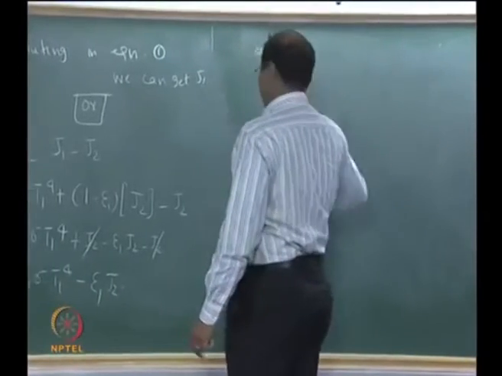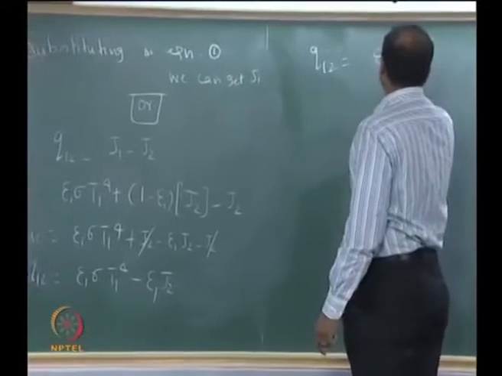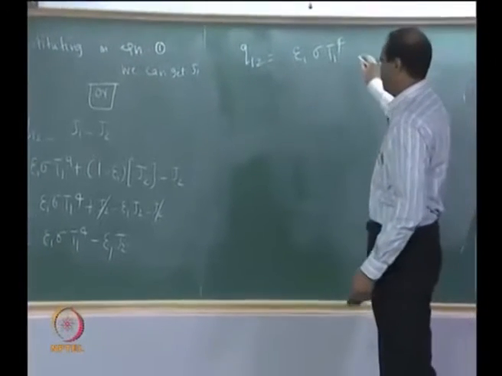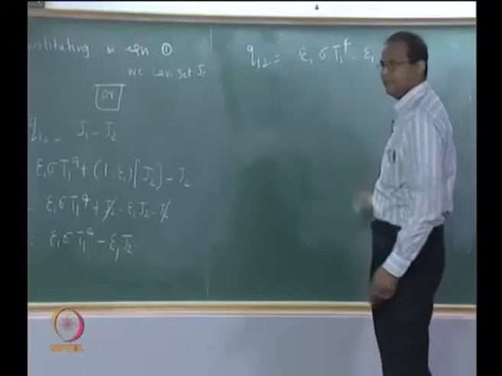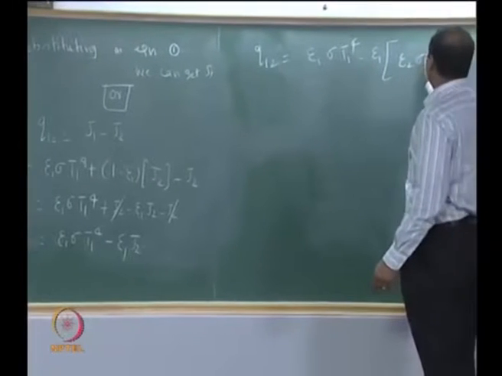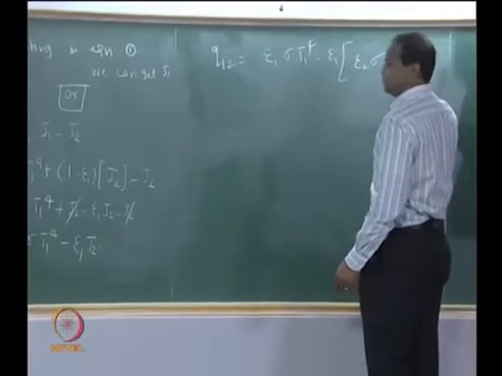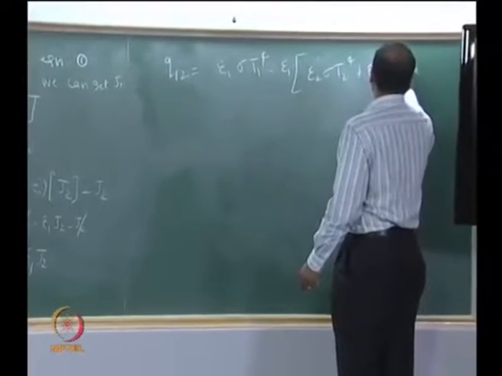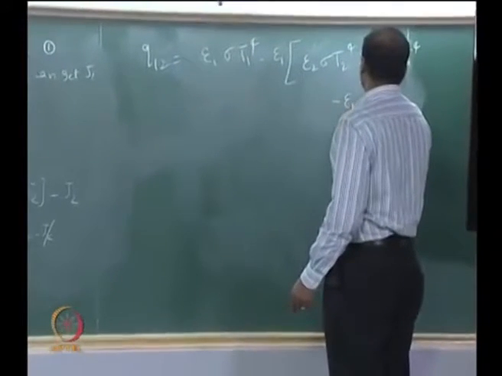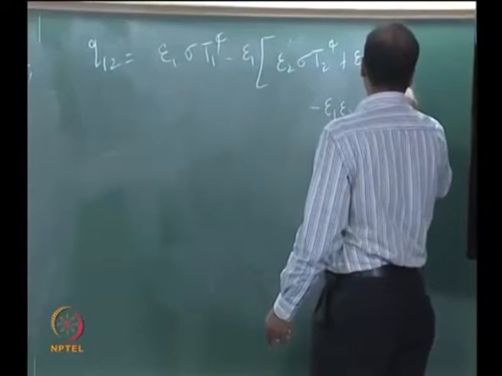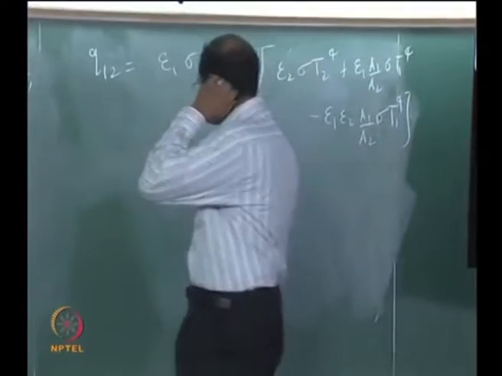Okay, so Q12. I erased the J1, J2. So epsilon 1, epsilon 2, sigma T2 to the power of 4. A1 by A2. Epsilon 1 A1 by A2, sigma T1 to the power of 4. Minus epsilon 1 epsilon 2 A1 by A2, sigma T1 to the power of 4. Is this correct? Divided by